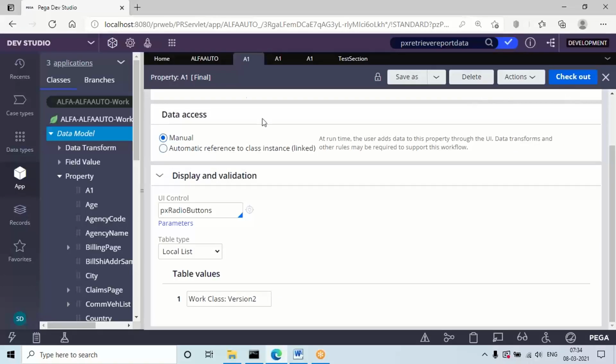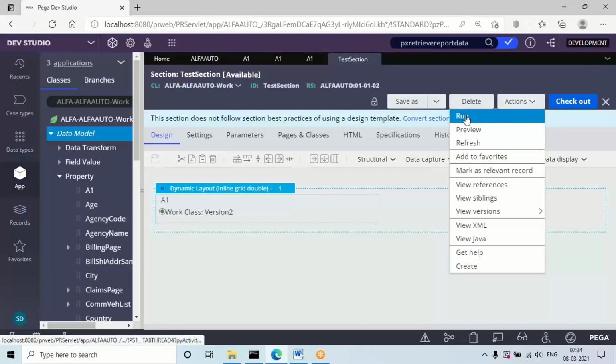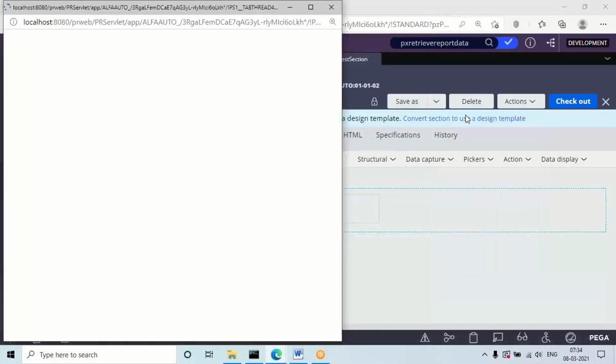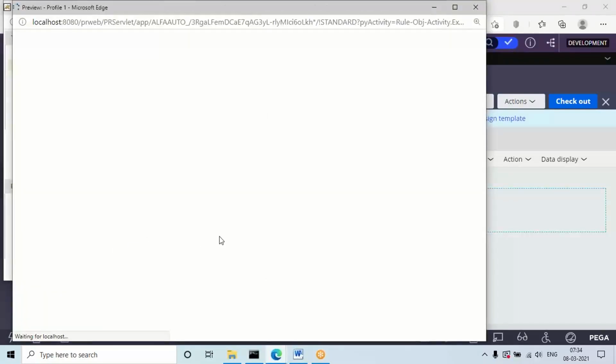Now automatically if you set any rule as final, it will execute the latest version. Work class version 2 is going to execute automatically.